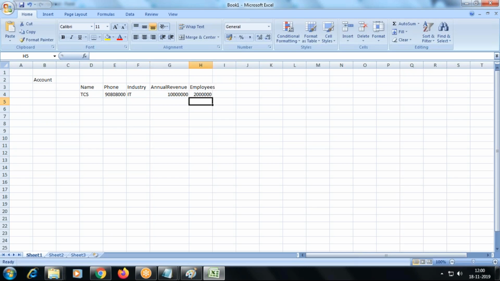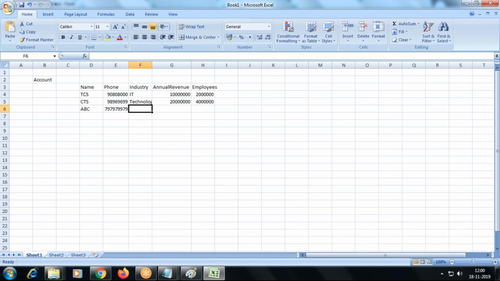Some employee count. Something like this, some sample data, okay, right?